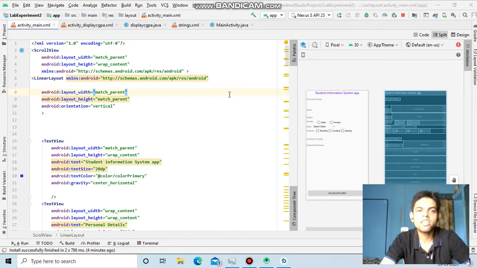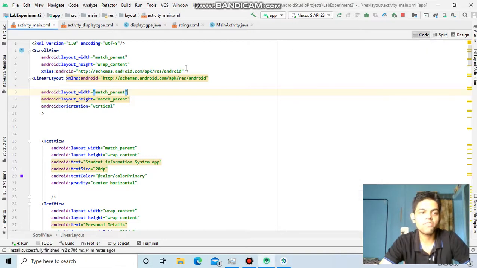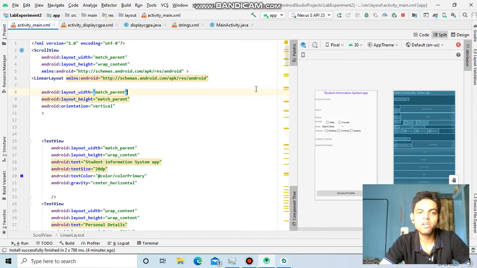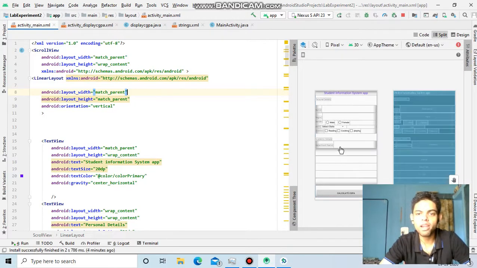In this program I am going to explain intents, views, and how to add a scroll bar. So let's begin. As you can see, I am showing you the split view. Here you can change it to code, here you can do the coding, and you can also go to the split mode. In split mode you can code and parallelly see the components populating on the side.